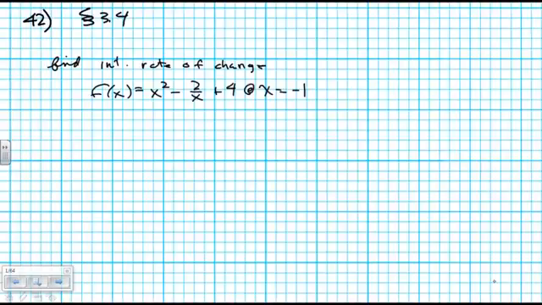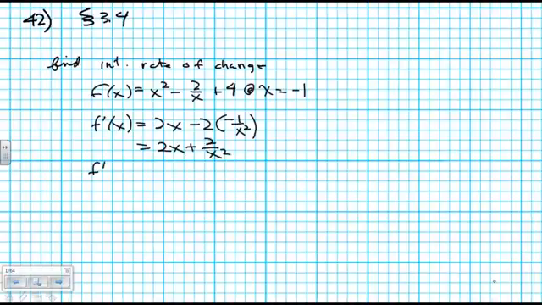What I'm going to do is I'm going to bowl ahead on this. I'm going to say that f prime of x is equal to 2x. Now, I've done this 1 over x problem so often that I know it, so there's my constant multiplier, and I believe it's negative 1 over x squared is the derivative there. And of course the derivative of 4 is 0 because it's a constant. So let me clean that up a little bit: 2x plus 2 over x squared,